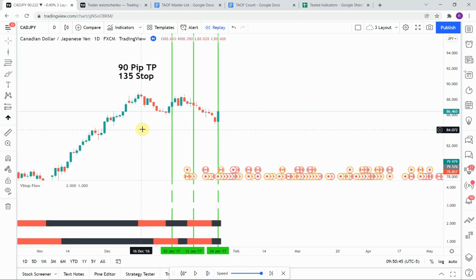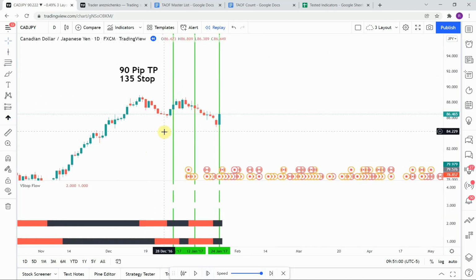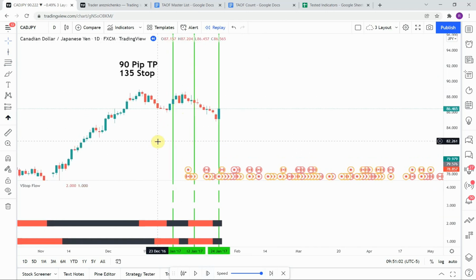All right, so the first signal that we picked up was a long signal, and you can see it right here. We got both those bars turned black for just a moment, and price action pushes up and gets us to our take profit just barely. Now if you look here, you can see that the volatility actually adjusted on this higher time frame right here,